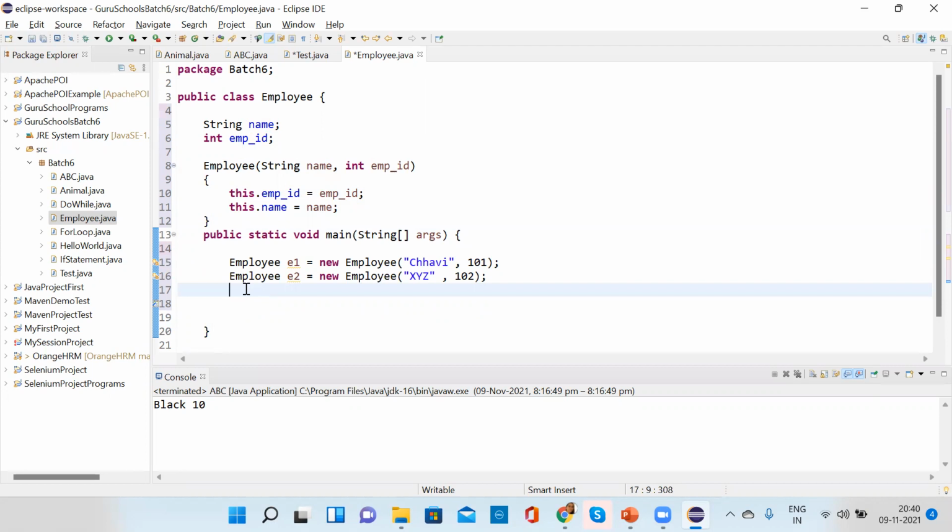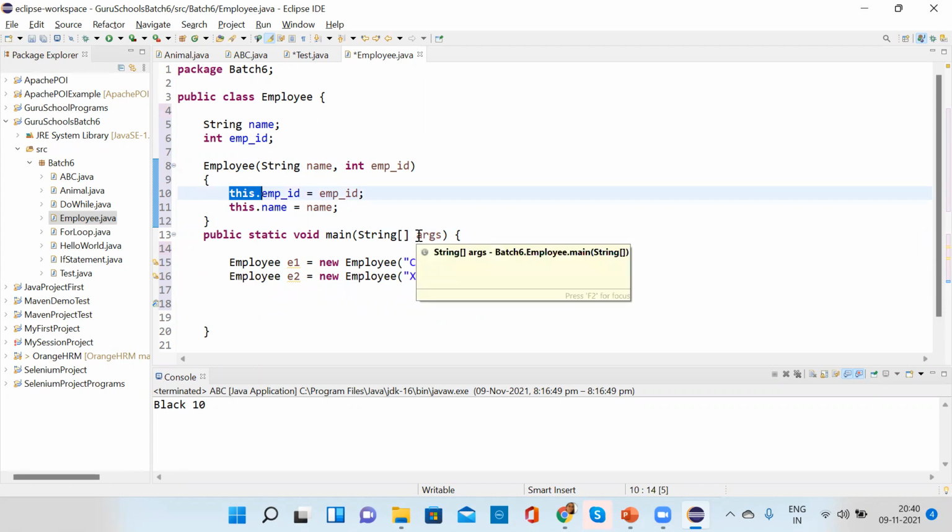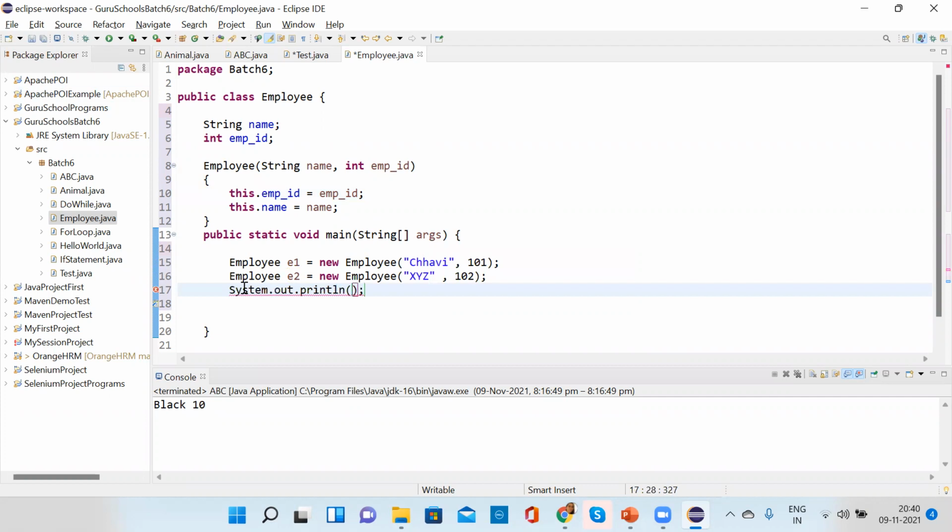Getting my point? That's why we use this keyword. Okay. Now I wanted to print this value, correct? So what do I have to do? System.out.println. If I wanted to print this, how will I print it?